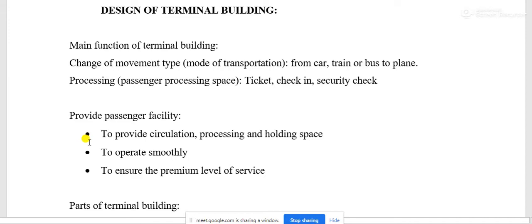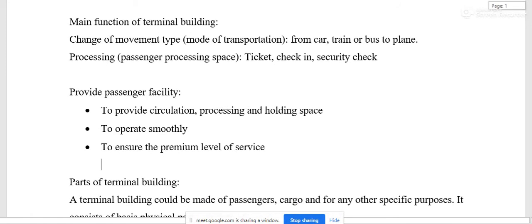So these three points must be considered in the design of a terminal building.